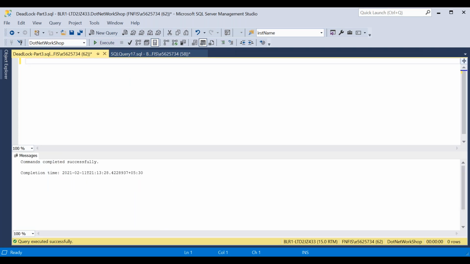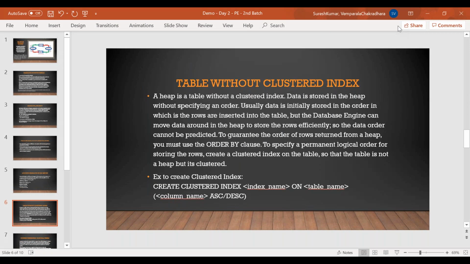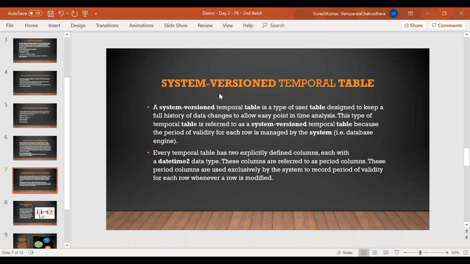Now we have a concept called system version temporal table, which is a type of user table designed to keep a full history of your data changes to allow easy point in time analysis.